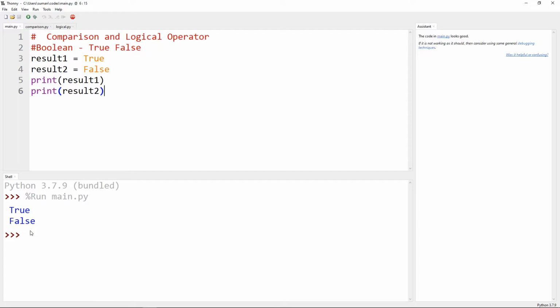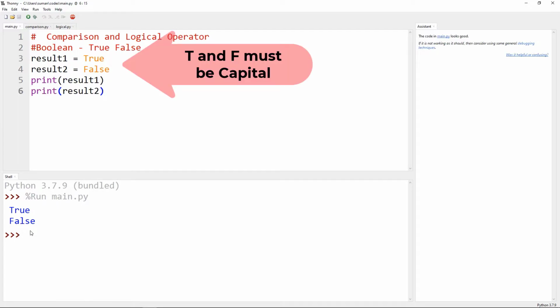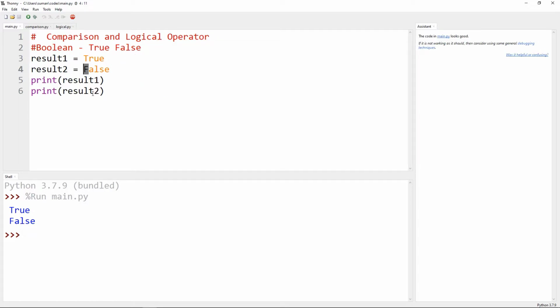Always remember, capitalize the first letter of the words true and false. That means the T must be capital and F must be capital. Now don't write the words true and false in single quote or in double quote, otherwise it would be a string.